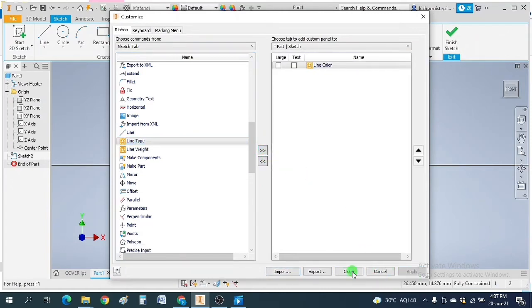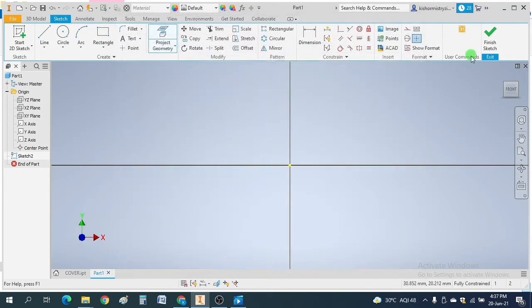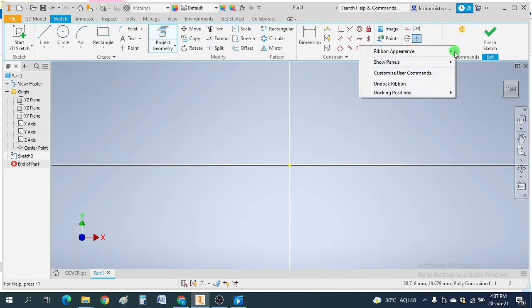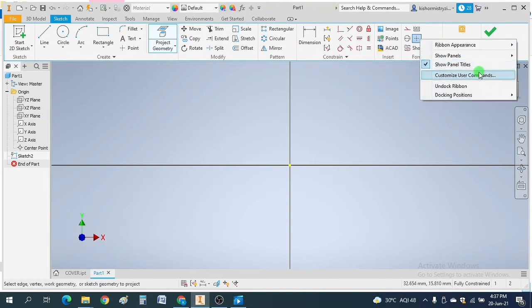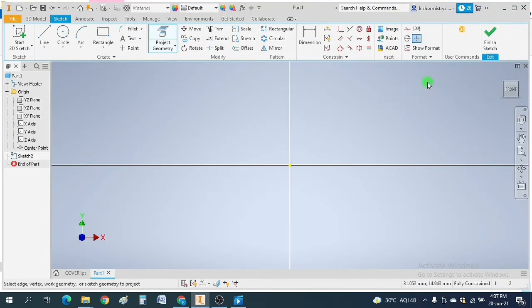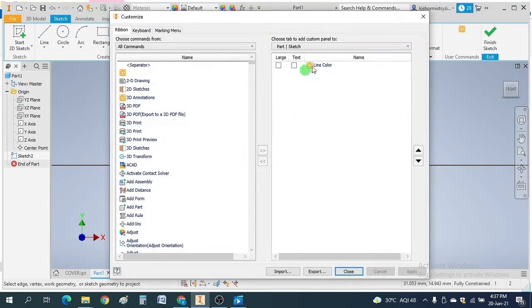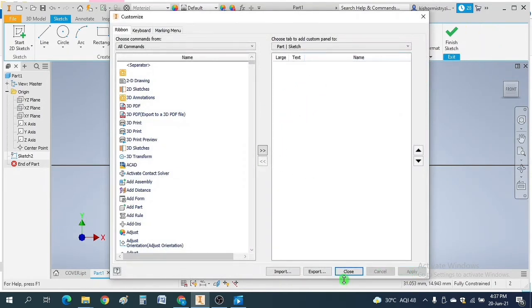Okay, apply, close. Now see, the user command line color is here. In this way you can set your user panel, just to make your life easy. I don't need it, so let it be, close.